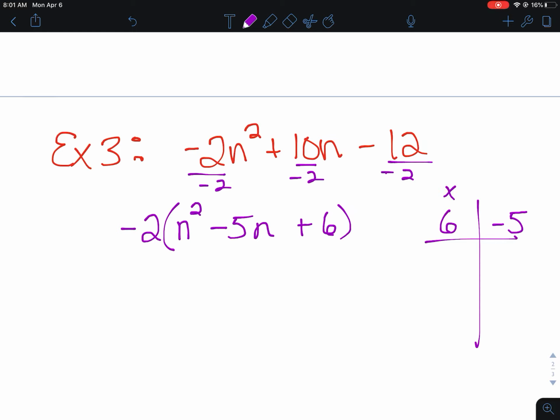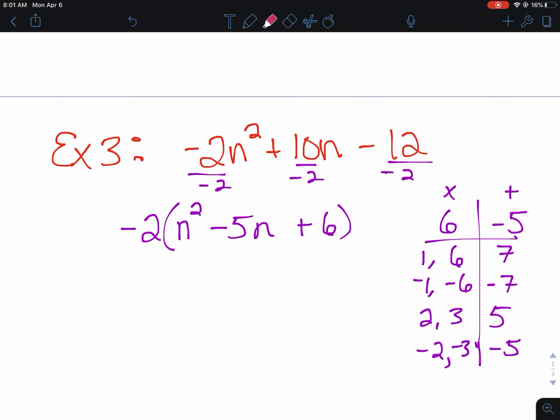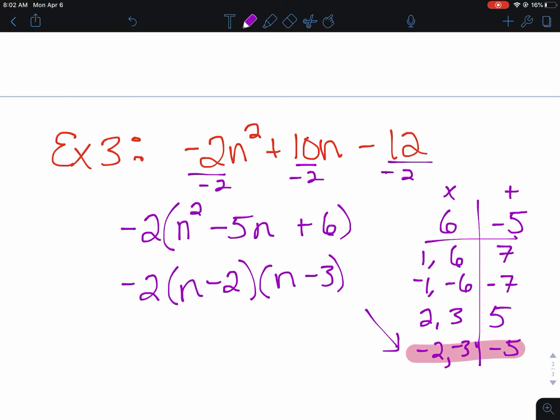Oops, I did that backwards. Well, we have 1 and 6, or -1 and -6. We have 2 and 3, or -2 and -3. That gives me 7, -7, 5, and -5. So that is the correct one. So keeping the -2 in front, my factors now become n minus 2 and n minus 3 from the values we found down here. All right. So go ahead and give this